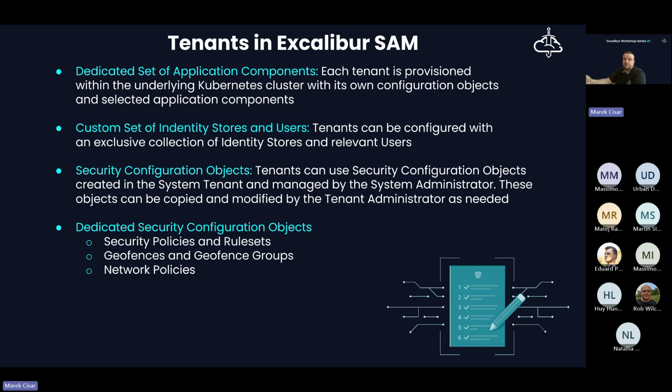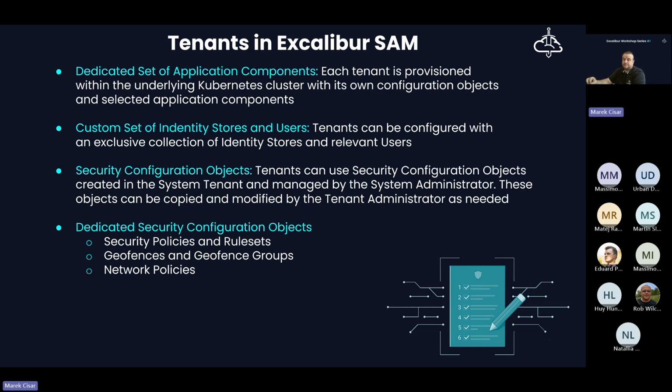But it is also possible for the tenant administrator to create his own set of security policies and rule sets, so he does not need to use those specified by the system administrator. So there are two layers of possibilities to configure security policies and rule sets.